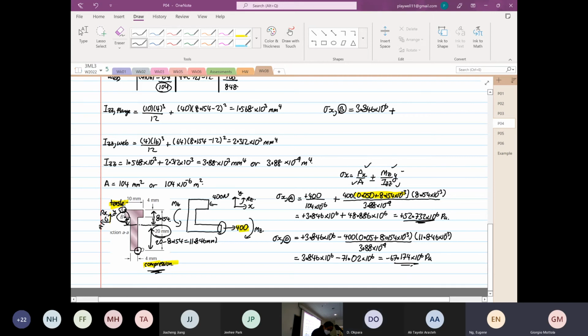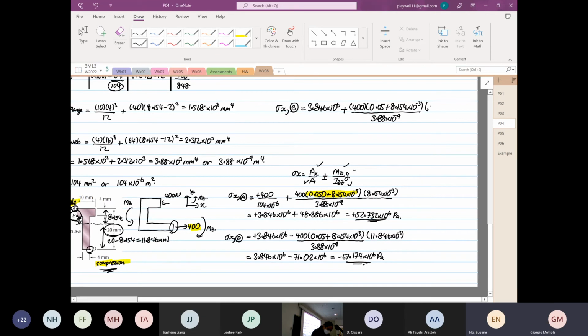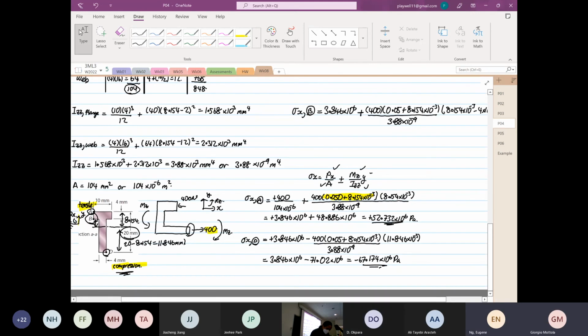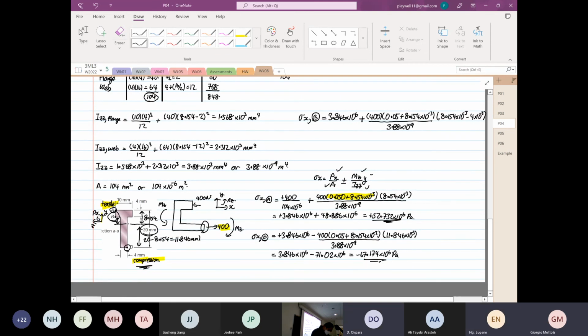So this is still 400 multiplied by 0.05 plus 8.154 times 10 to the power minus 3, then divide by 3.88 times 10 to the power minus 9. This distance now is equal to what? 8.154 times 10 to the power minus 3 minus 4 times 10 to the power minus 3. Yes? Right? Because it makes sense, you have 4 over here. What is this distance now? Okay, so this will be equal to